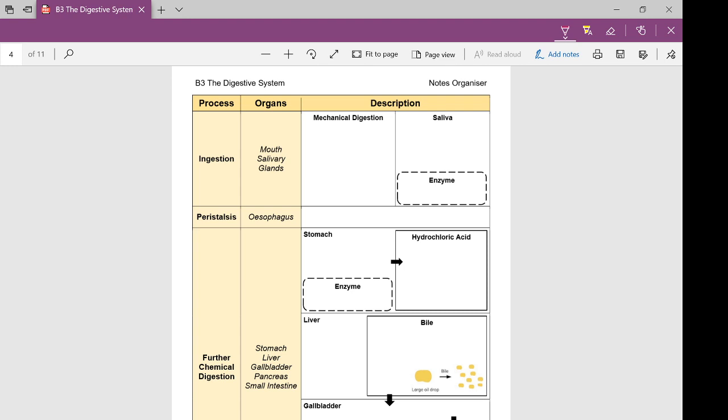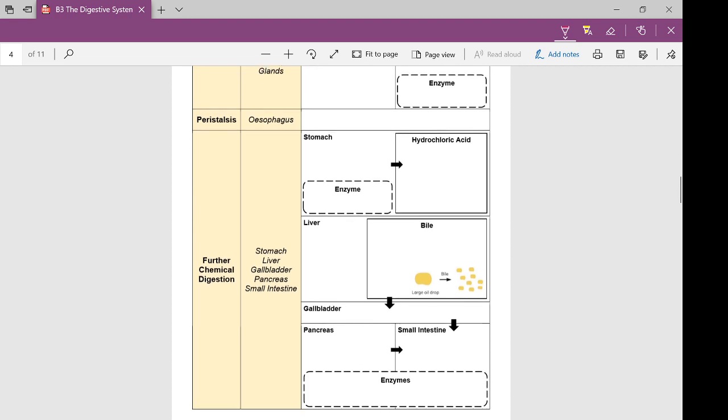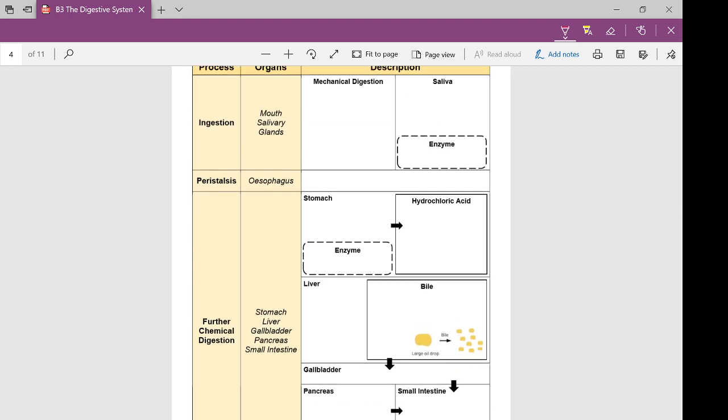Okay, so what I have in the notes organizer is I've divided the processes down to organize it as much as possible. Because if you look at the Kerboodle textbook, it's just blocks of text, blocks of information. So I've tried to divide it down as much as possible for you